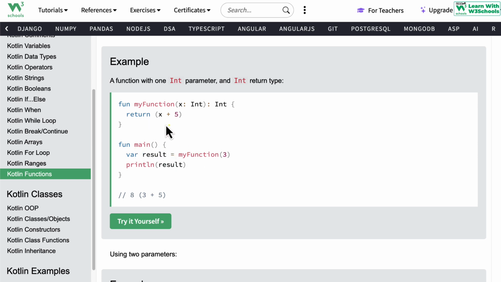So in a simple sense, we have asked the function to do this task and then return a reply to me. Because it is going to return the reply, I have to be here to receive the reply as well. So variable result, this part is actually receiving the answer, and then we can use this reply to get the output on the console. So if you execute the code,